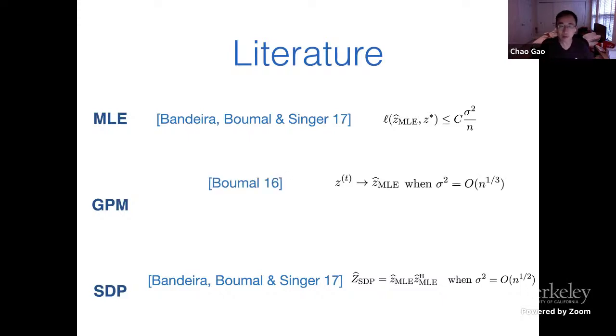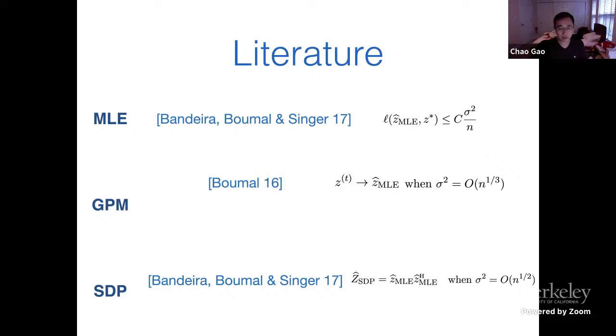Okay. And for the generalized power method, Nicolas Boumal himself back in 2016 proved that as long as you initialize the GPM algorithm from something consistent, such as the eigenvector of the data matrix, then the algorithm converges to the maximum likelihood estimator as long as the condition sigma squared is at most of order n cube is imposed, right? So by the connection of GPM and SDP to MLE, you can also claim these two algorithms achieve the optimal minimax rate sigma squared over n because of the convergence.